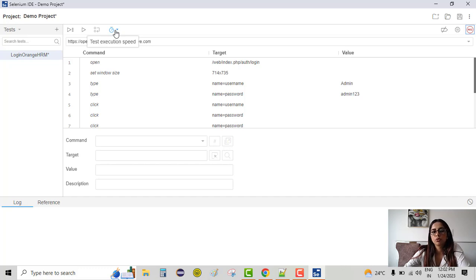So if you want to execute your test case very fast, you can keep the toggle on the fast section. If you want to run it at a medium pace and monitor the execution, you can keep it in the middle or slow. Okay. Now,